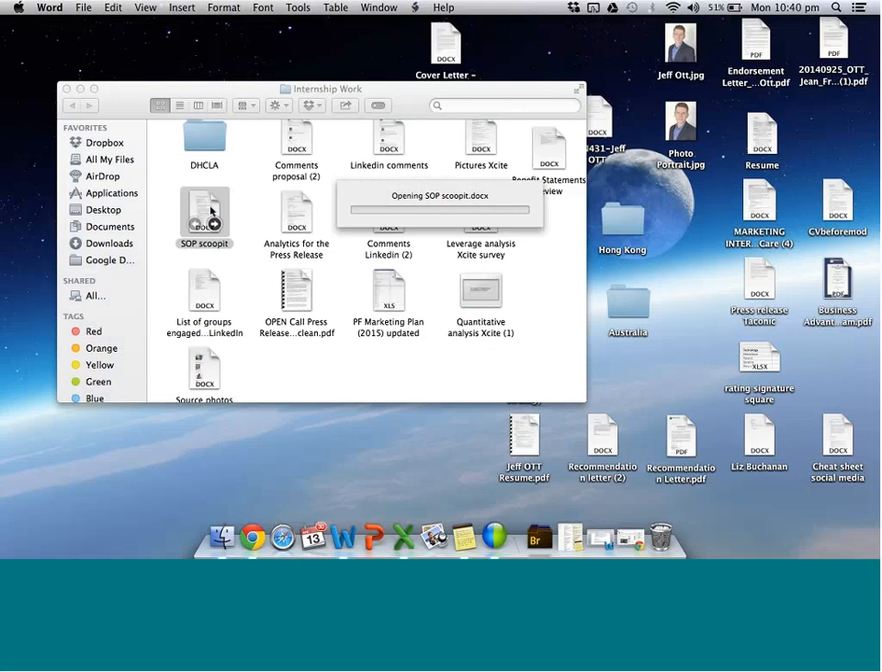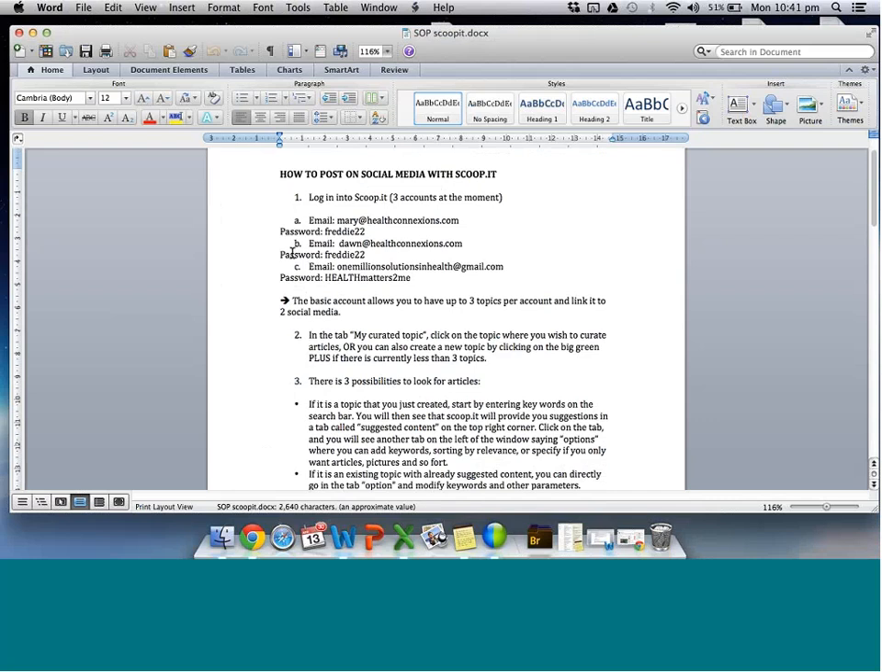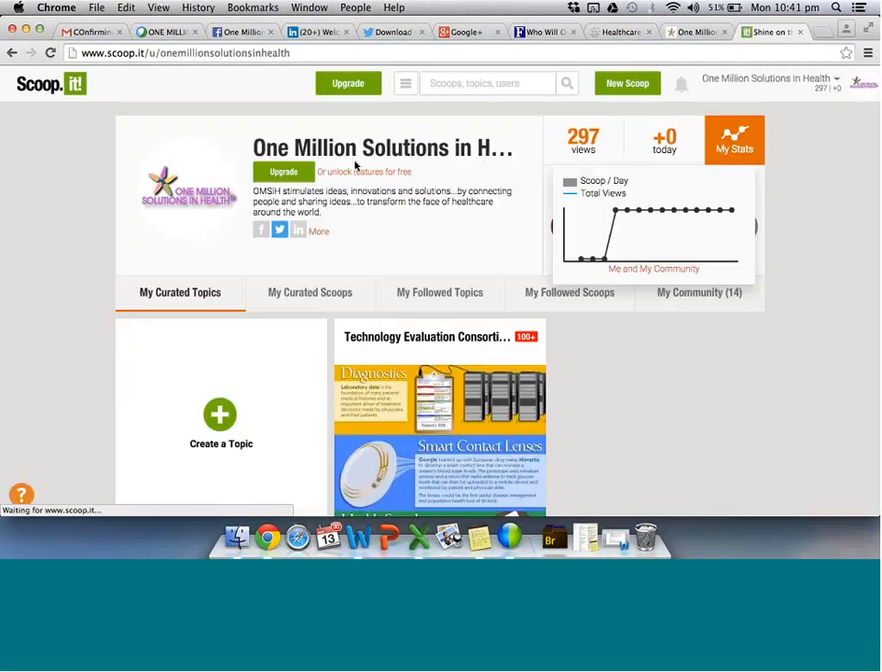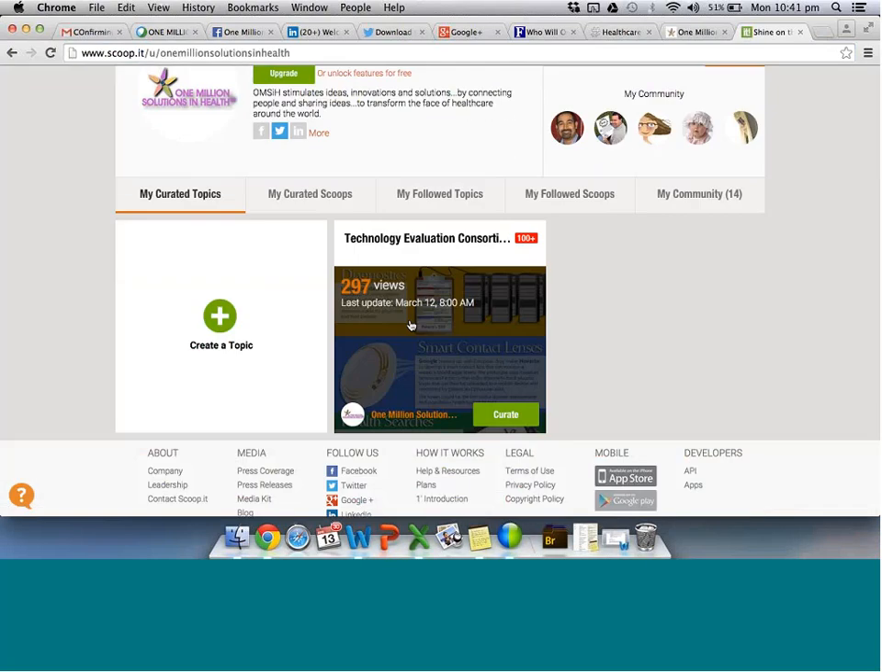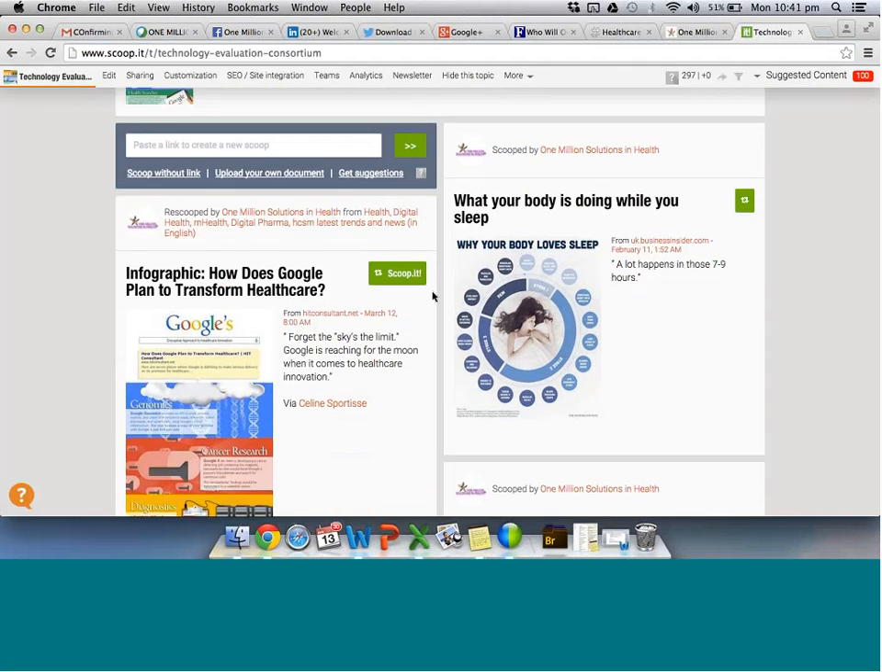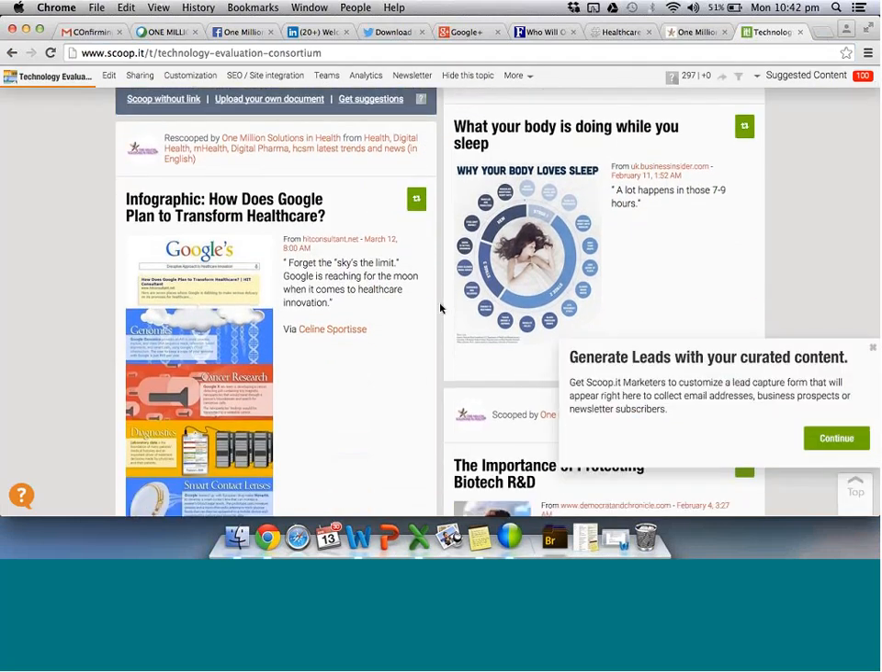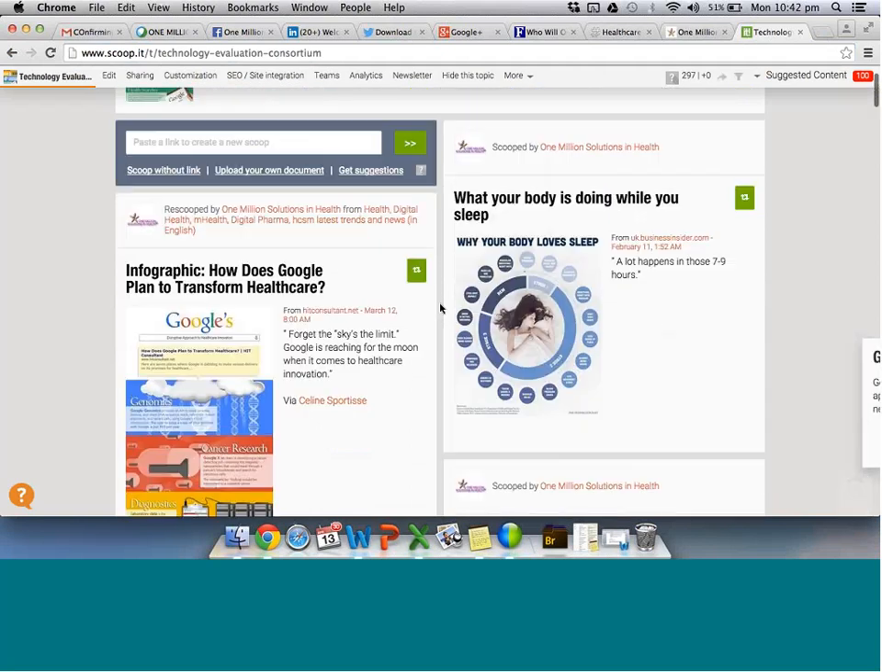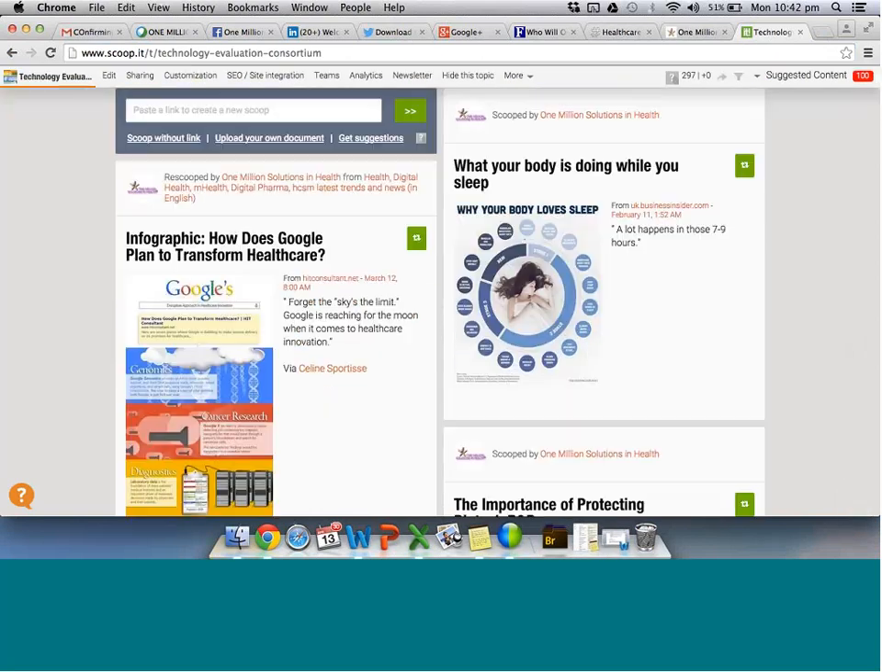So on each account, I think now they limit the number of topics to 1 topic. So on the free accounts, you can basically have 1 topic where you can save and create as many articles as you want. So for example, I created this one for the technology evaluation consortium with articles relevant to healthcare and drug discovery, more particularly innovation,